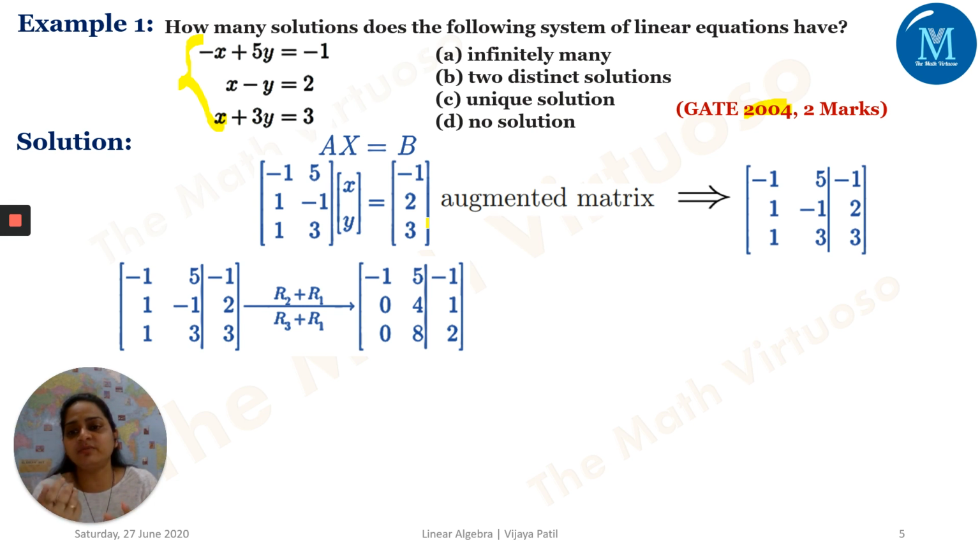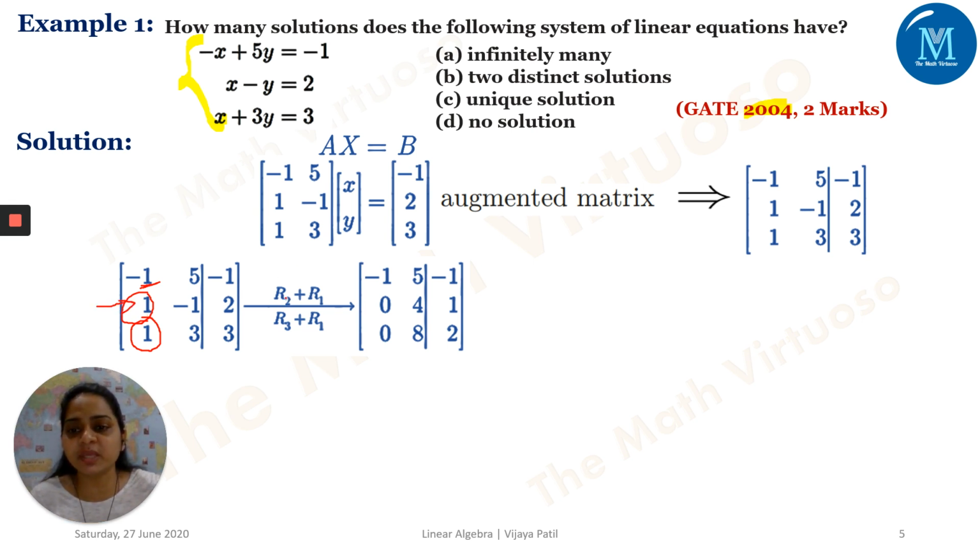Either we can go ahead with the upper triangular or lower triangular, but most of the time we go for the upper triangular matrix. So here it is minus 1, 5, minus 1. We have written here this augmented matrix. Now let us make use of this minus 1 and make the entries below it 0, using the transformation. My target is to make the second row element 0.